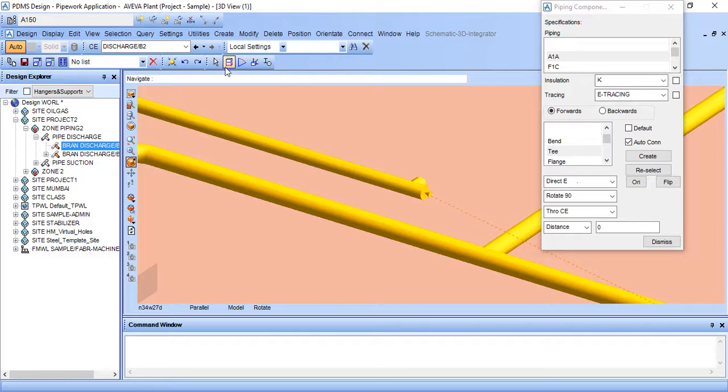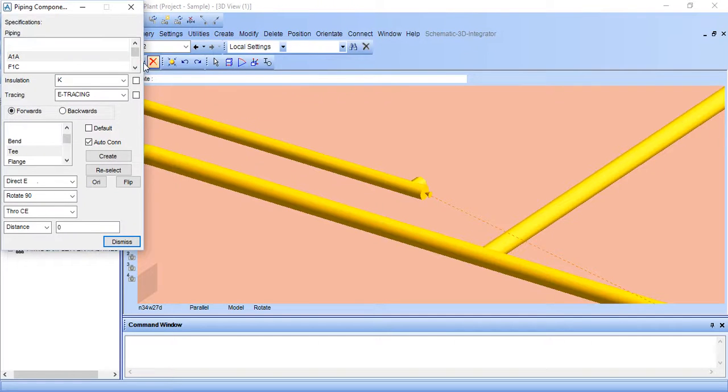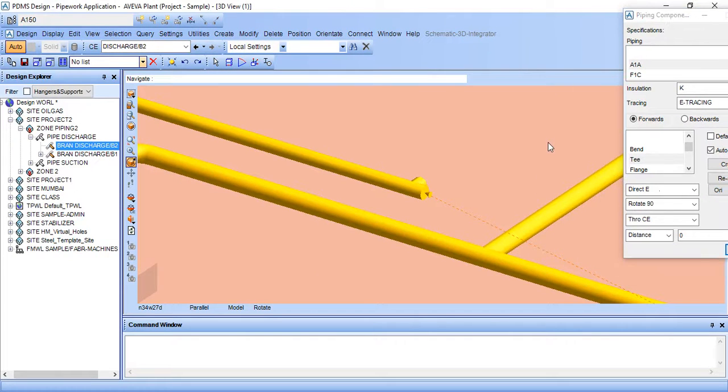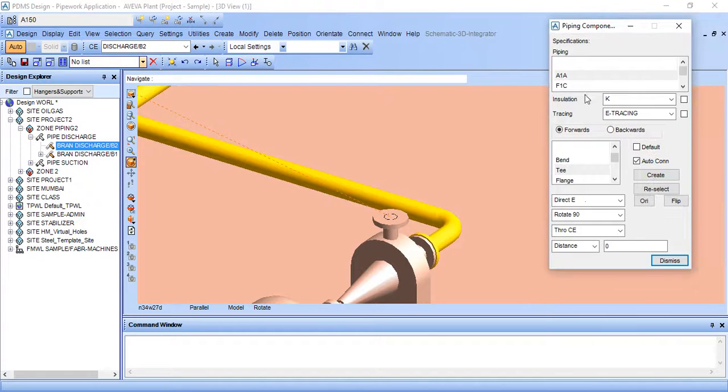Just go to create, if this is dismissed, go to component, and now we will create a gasket.